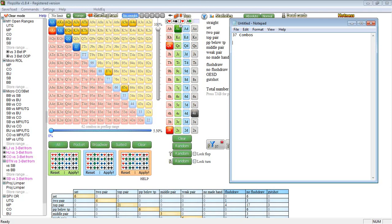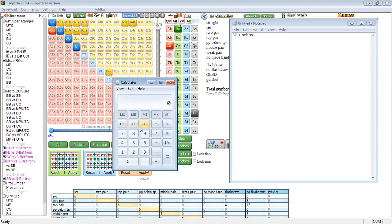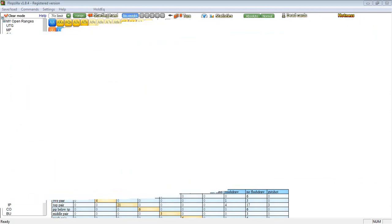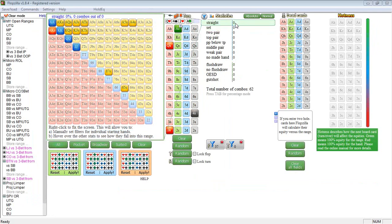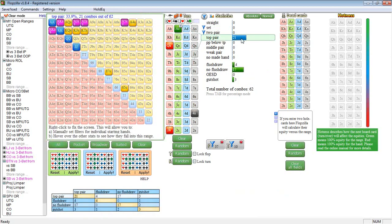My C bet on the turn here should contain more value. So 37 times 50%, of course, is 18. So we want 18 value and 18 bluff combos. We have the sets here with the aces and the queens. We have 2 pairs with ace queen. And we have all these aces as well. We have 21